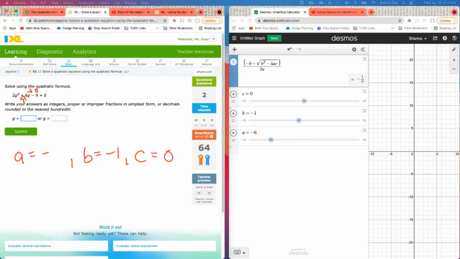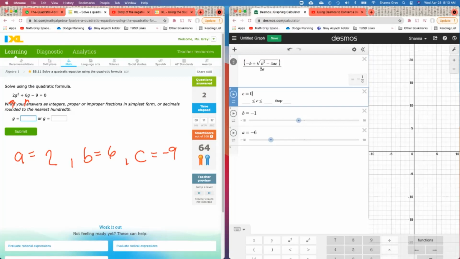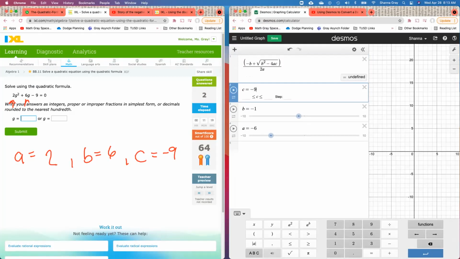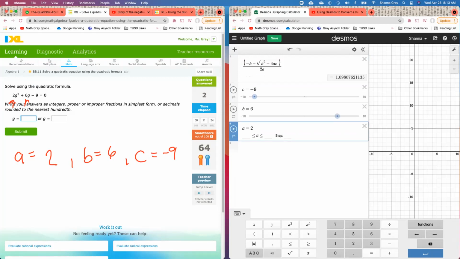Let's do one more. So let's erase these and then write in what we get for the new one. For this new one, it looks like A is 2. So A is 2, right? And then B is 6. And then C is -9. So if I change in my formula C to -9, B to 6, and A to 2,